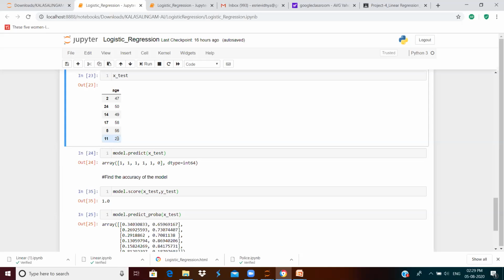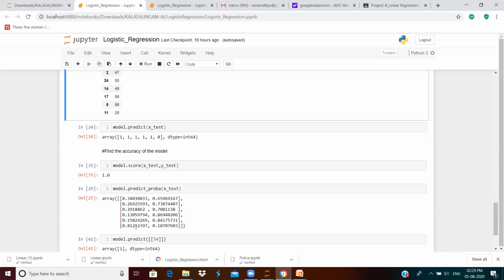That is why we have received a value of 1 here, a value of true, right? And for a person with age 28, you just see this last record, his probability to buy an insurance is 0. Check it out with the prediction probability, the last row here. For a person with age 28, the probability for him not to purchase the health insurance is 0.8, and the probability for him to purchase the health insurance is 0.1. That is why we have received a value of 0. So youngsters are not opting for a health insurance. These are the findings which we have made from this machine learning technique.